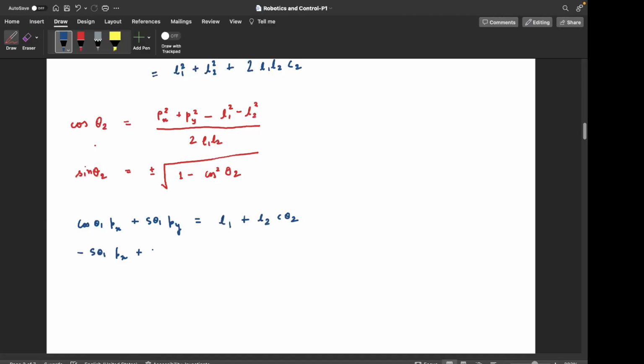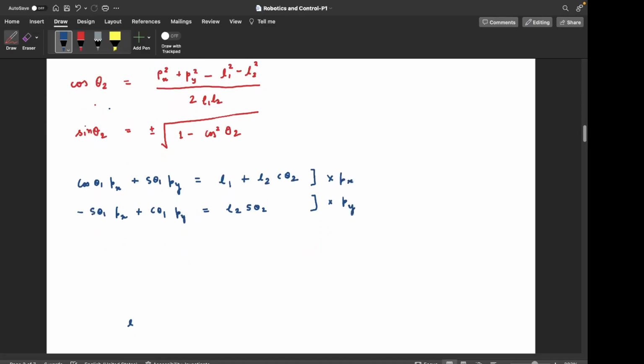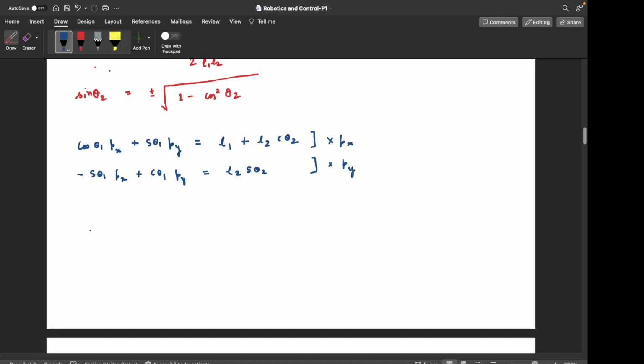and similarly if you multiply px with minus of sin theta 1 and py with cos theta 1, you would get L2 sine theta 2. Now again, what we do, we multiply these two equations with px and py respectively, right? So again, upon doing this, we get